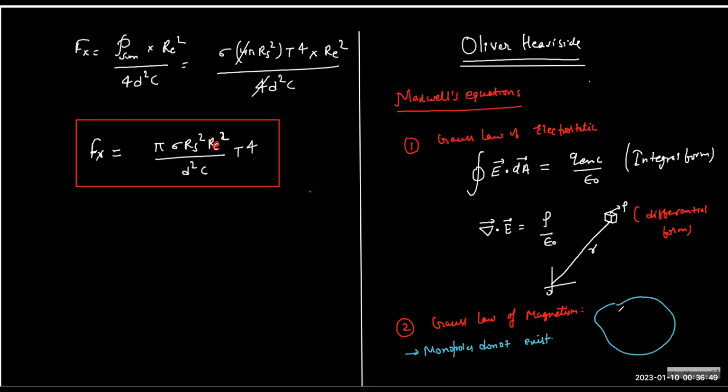So if you have any enclosed surface, and if you think of any magnet, in case of a magnet, the lines of force are always closed, which means the lines of force will start from the north pole, move, and come back to the south and circulate like this. So what is the net flux through the closed surface? Is it possible to have any flux through a closed surface? No. Due to no monopoles, it is not possible, because whatever is emitted will come back, and therefore it will always have zero net contribution